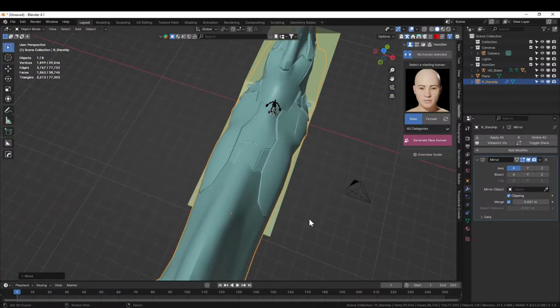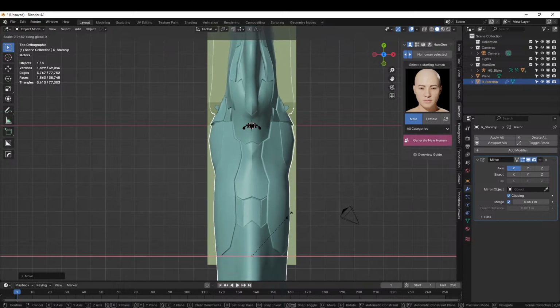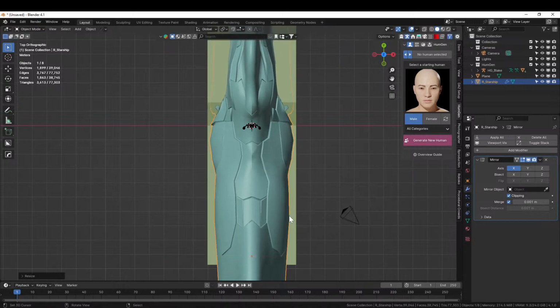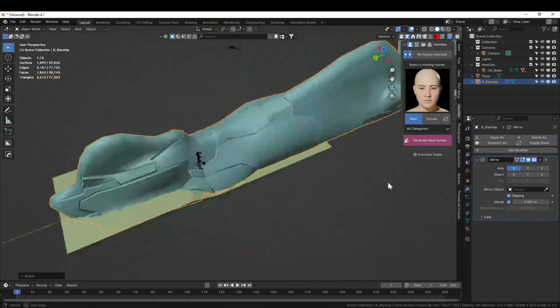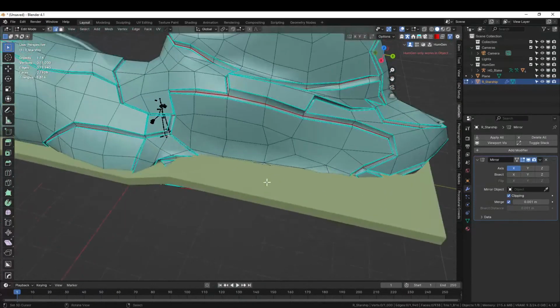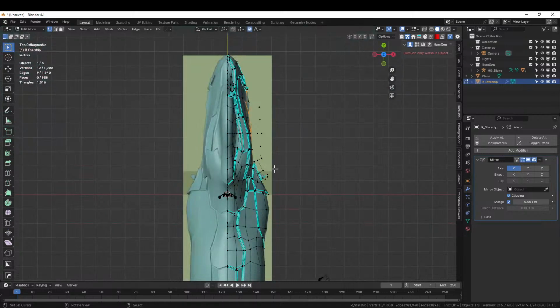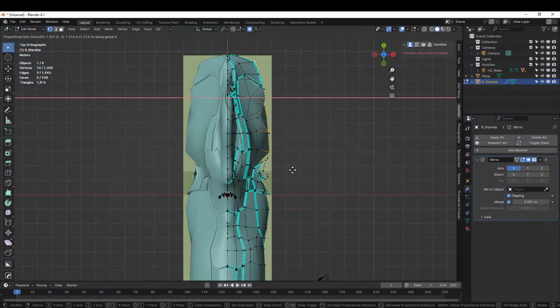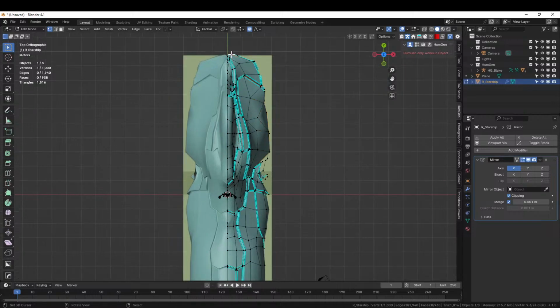There we go. Okay, something like that. Cool. All right. And then edit here, and I'm just going to grab these to there. Turn on proportional. Widen that out like that to there. Cool. And